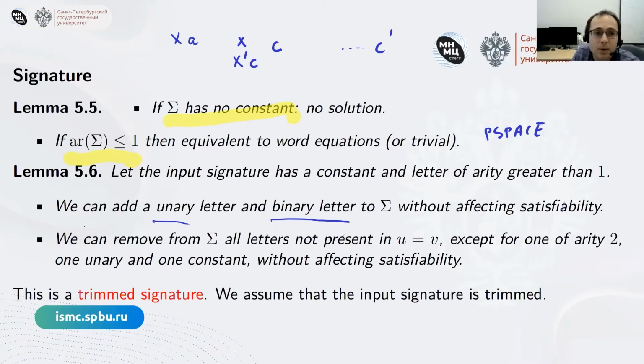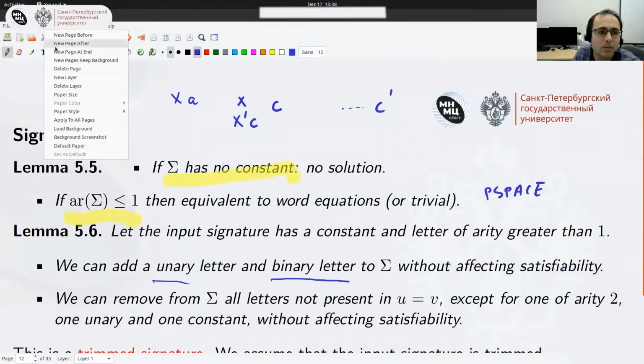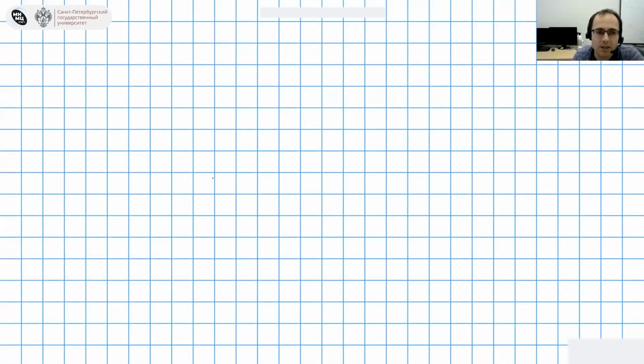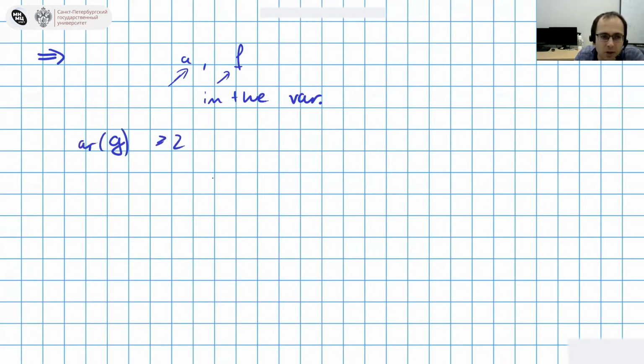And why is that? Okay, so suppose that those unary and binary symbols are not used in the equation. So suppose that we use some letter A or some letter F which are not used in the equation at all. Then all the occurrences of those letters need to be in the substitution for the variables, because they are not in the equation. Okay, so if we have this chosen symbol G, which is of arity greater than 2, and we have this chosen constant C,